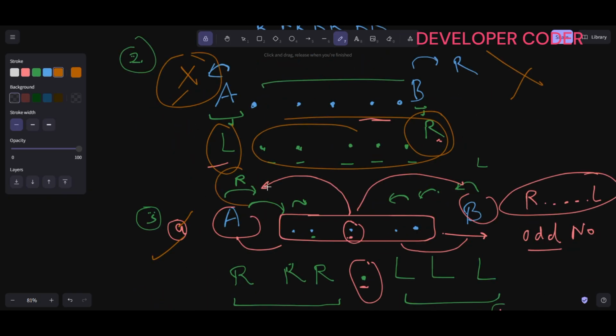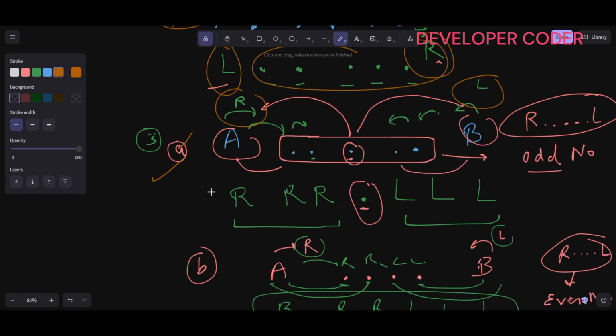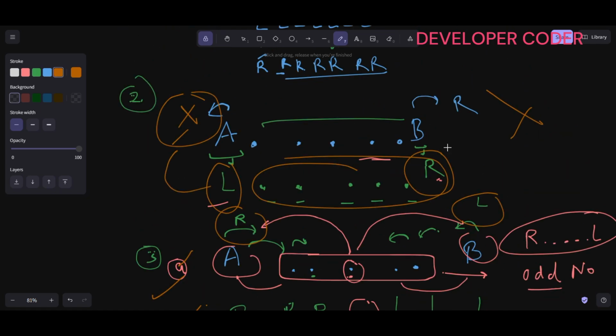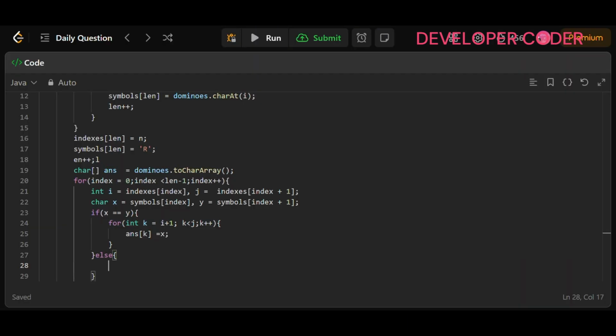But when this is R and this is L, then we have to check these two things. Otherwise it is going to remain the same, there is no impact, so we are not going to write this case, as we are not going to make any changes. So in the else part I will check now. Else if my x value is equal to R, and my y value is equal to the L value,